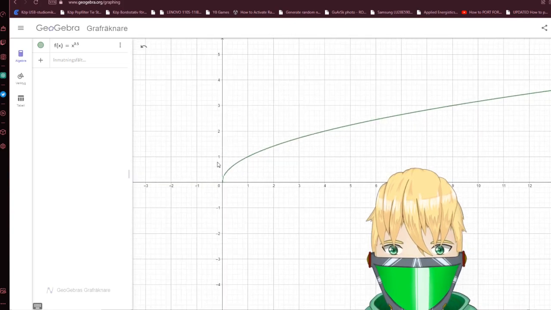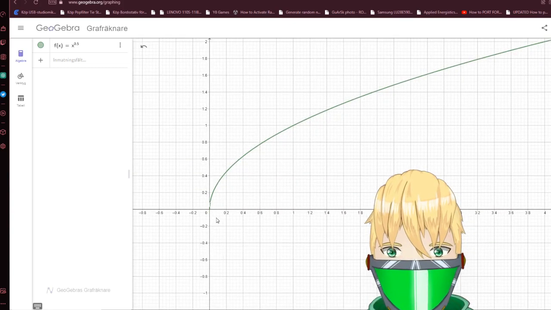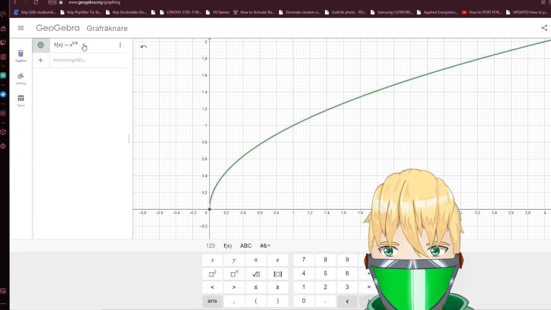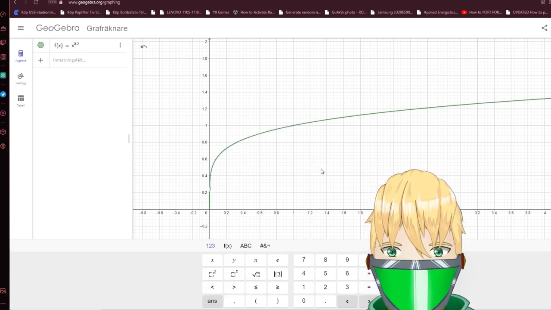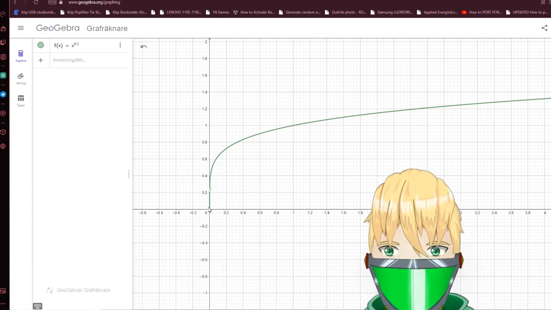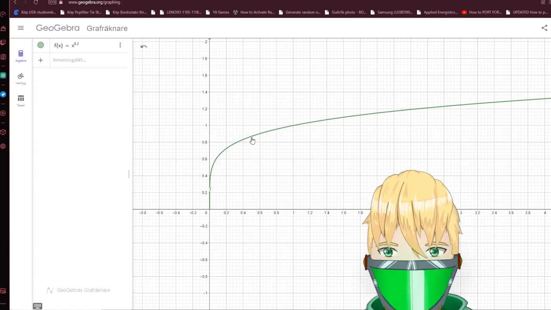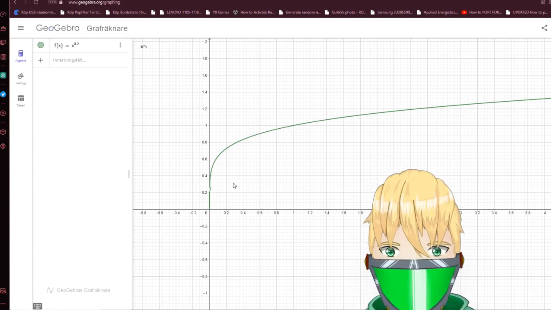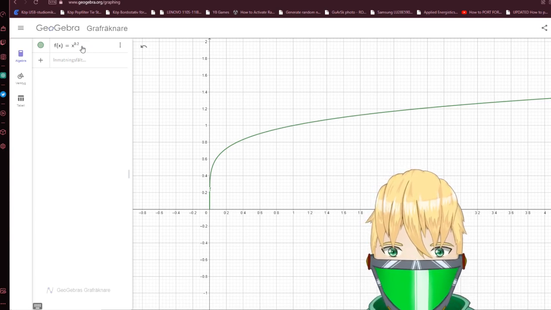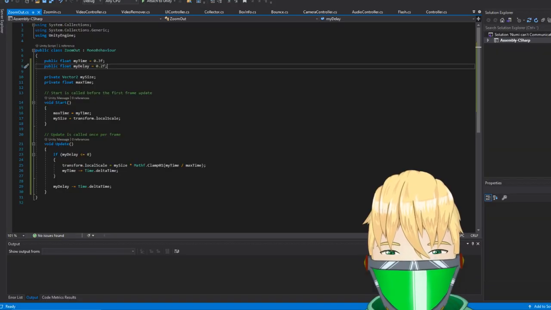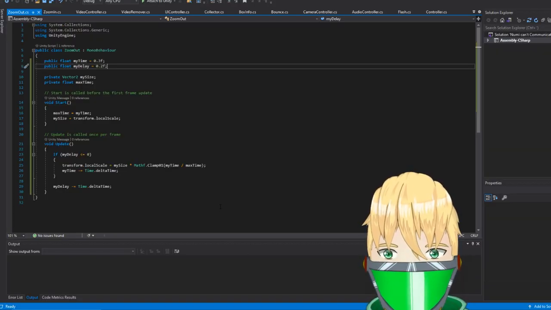Pretty much what we want is for it to lerp. So when we have the value 0, we want it to increase faster. So if I do like 1.2 here, this will give us a good lerp, pretty much. Meaning it's a fast increase. Then when we hit 1 on the x axis, it will also be 1. That's a good thing with this. It will always be 1 when it's 1. That's pretty important. That's what we need, pretty much.